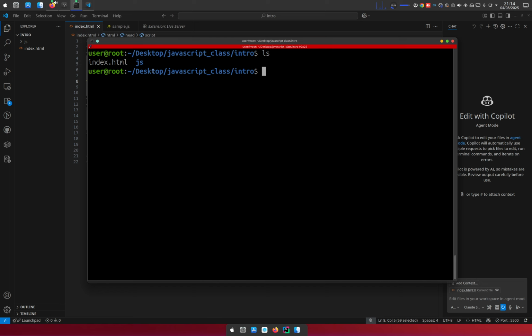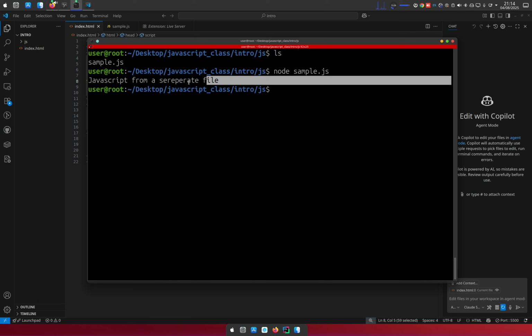In this instance, our JavaScript file is inside this JS folder, so you have to move inside that folder. The next thing you always have to be sure about is that you have Node.js installed. Then you just go to where your file is and do node and then the name of that JavaScript file. And you can see this runs whatever is inside that sample.js file.